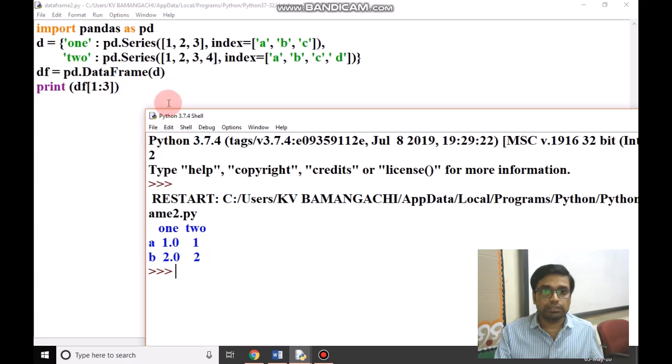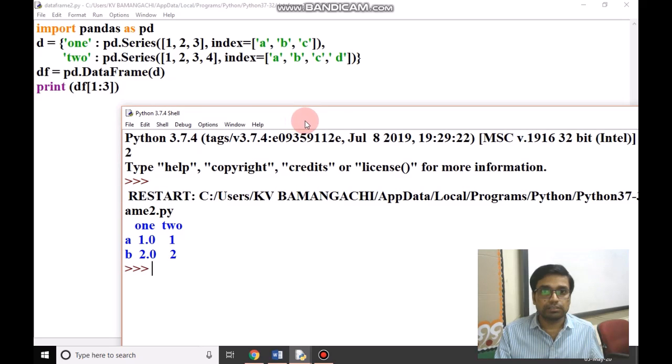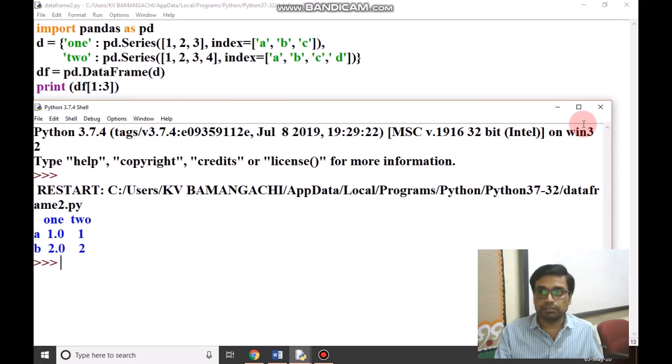So it is giving A and B. The values at position A are 1, 1, and at position B they are 2 and 2. So in this way you can slice any data frame with the help of the slicing method.